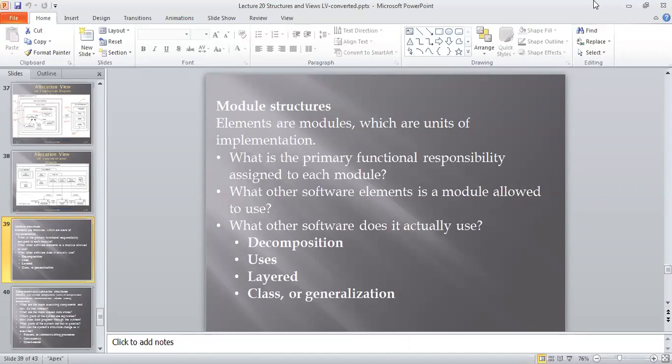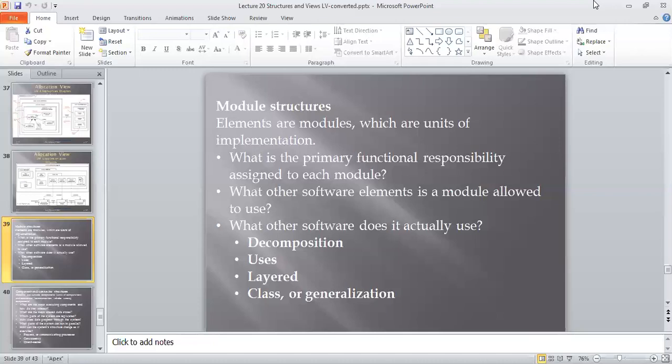All these four activities relate to how your module structure is represented and which basic prerequisites must be satisfied by your module structure. The module structure is a part of four components: first decomposition, next usage, next layered, and last class or generalization. These are the four components related to the module structure.